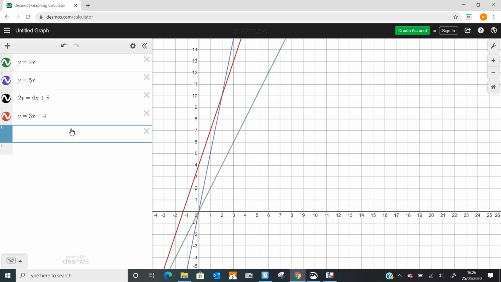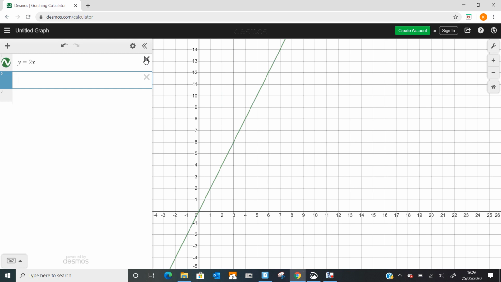Right, so let's have a look at something else. What would happen if I had y equals, I'm going to go for 0x, and I'm going to go for +2? What would happen there? If you think about the gradient, a 0 gradient is horizontal, so that's going to be flat. So if I said 0x +2,